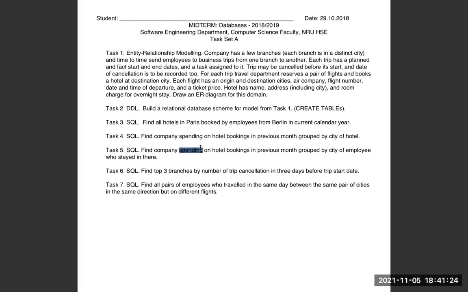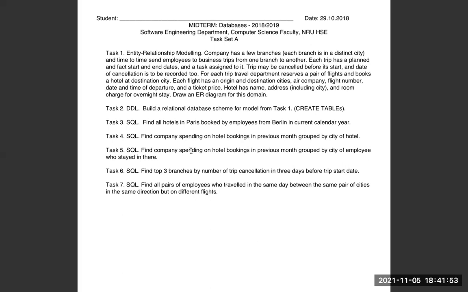To calculate it, for each trip I have fact start date and fact end date. I need to subtract start date from end date, and I have the number of nights in the hotel, and multiply it by room charge, and then sum it, not for each, for the whole group. So select sum of